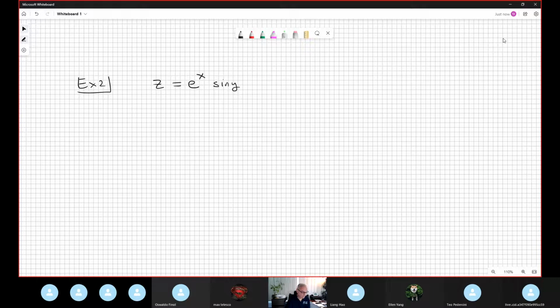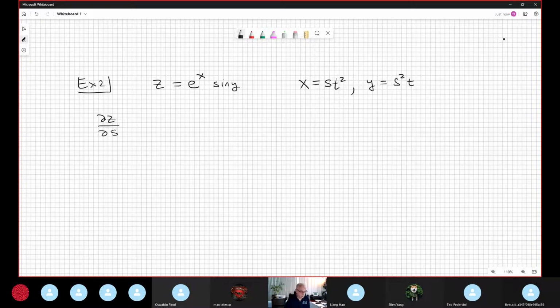However, x and y depend on another variable, s and t: x is equal to s t squared and y is equal to s squared t. Now you need to find, for example, the partial derivative of z with respect to s,